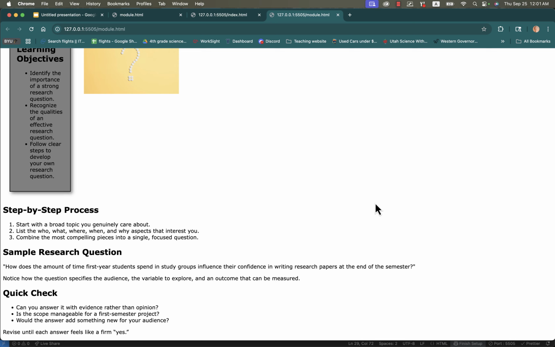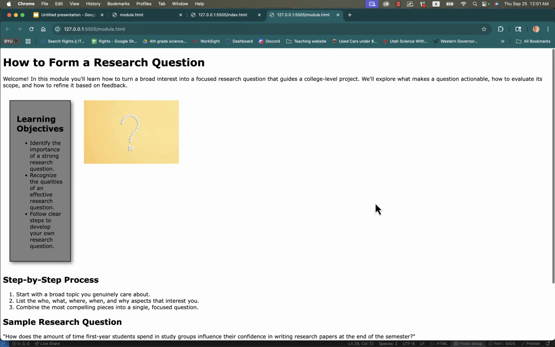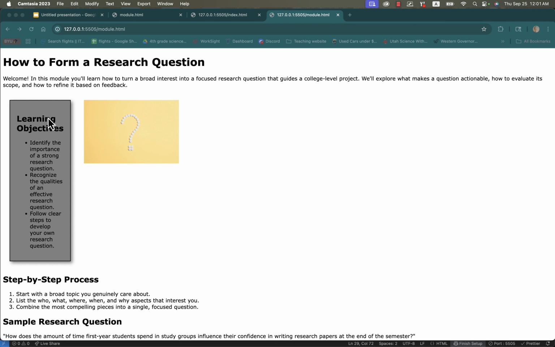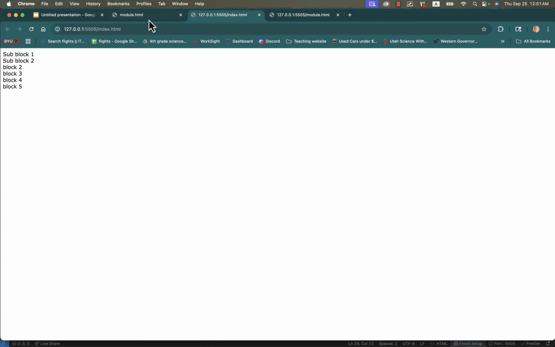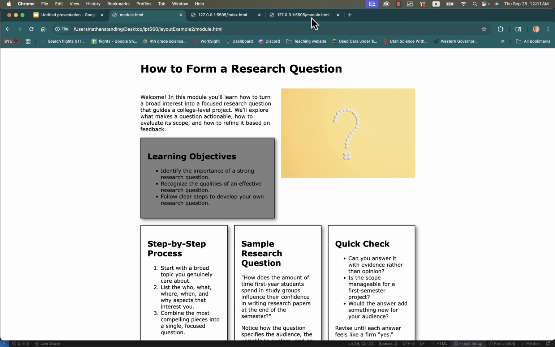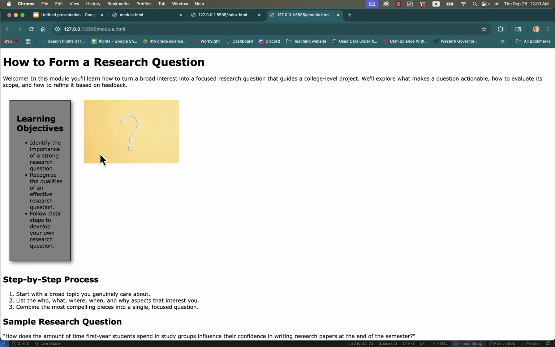So your learning module might look something similar to this. You probably have a YouTube video and a couple other things that I do not have at this moment. But you have a learning module with some content and two items side by side, at least one call-out box. I want to show how to make this content look a little bit more like, not like that, sorry, like this. So what we're going to do here is